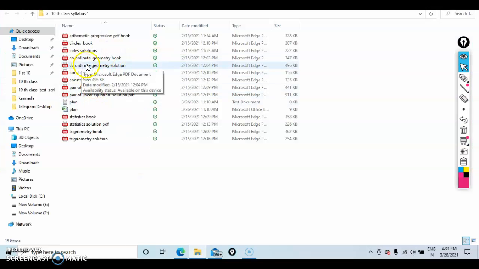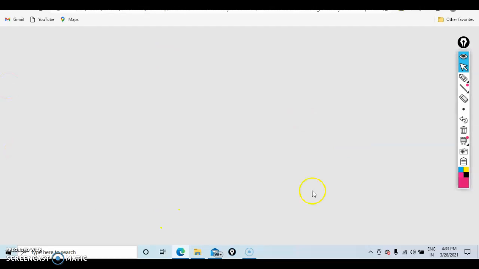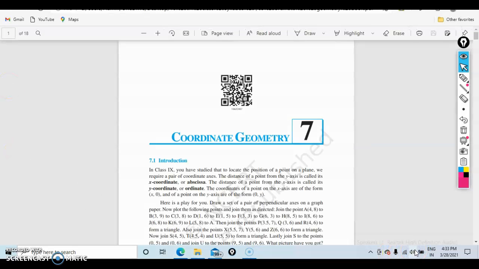Today we are going to discuss a very important chapter, coordinate geometry. This chapter carries more marks in the public exam, and this chapter is very easy. Okay,